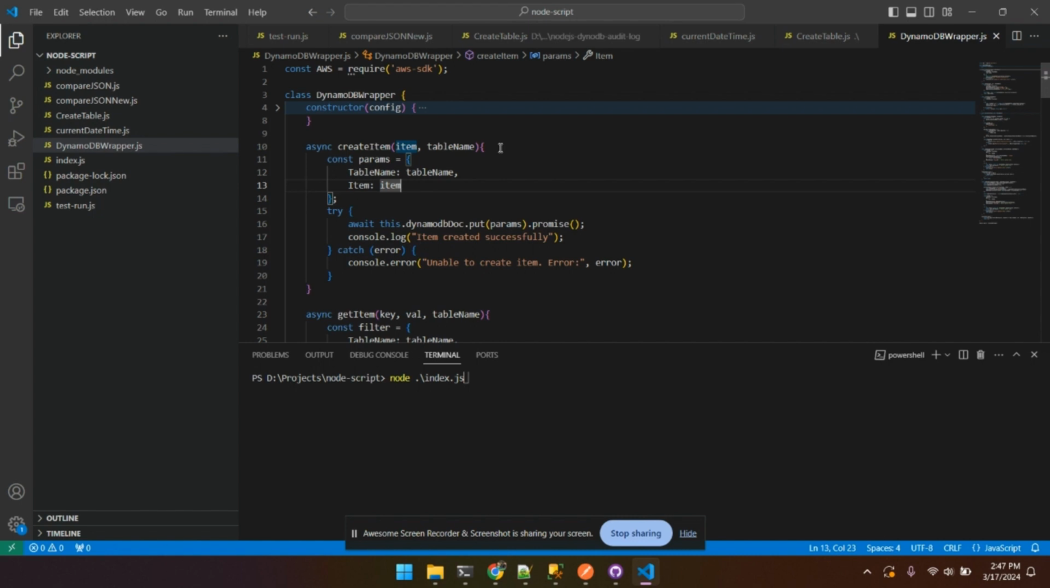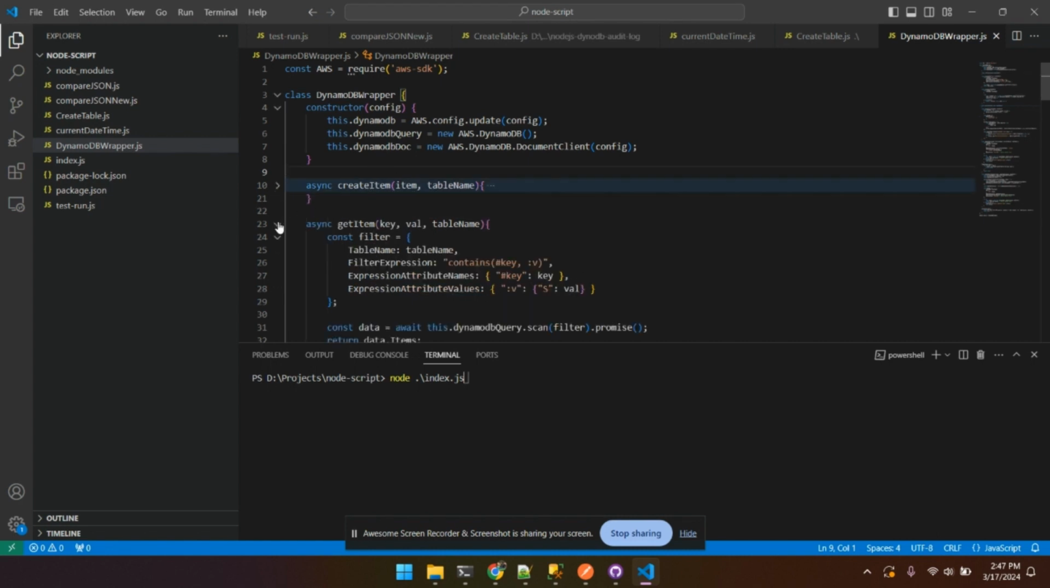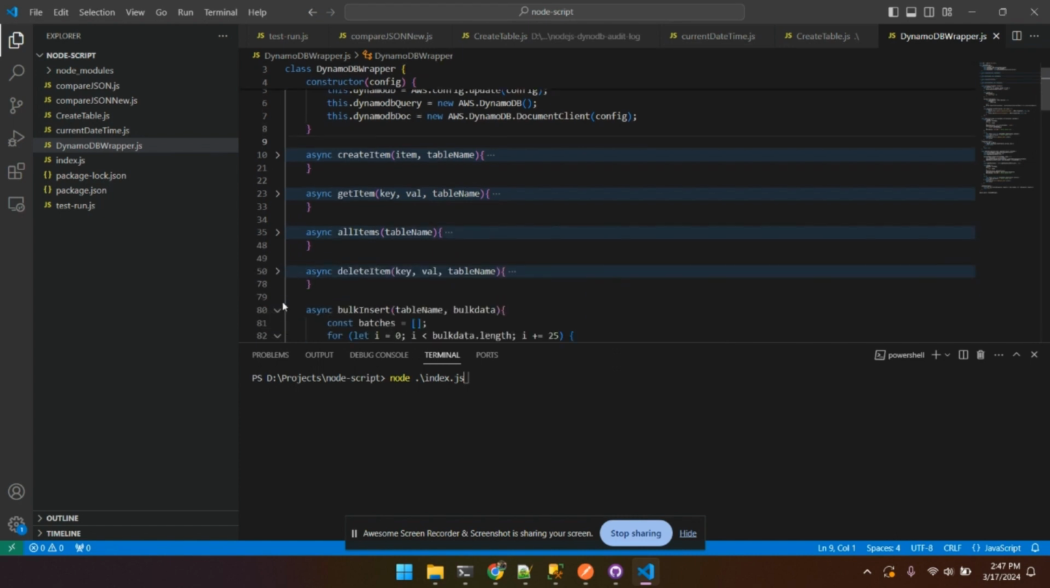In the DynamoDB wrapper, I have created all the functions at once, so I can easily go over and make my operations. Here I have created different objects, so instead of making duplicates, I can right away use these instances and perform different operations. For example, this is create item, the second one is get item, and then all items, delete item, and then